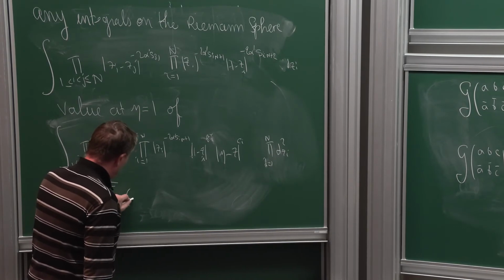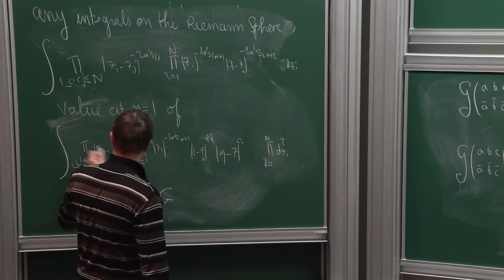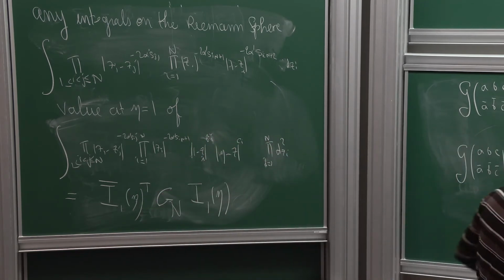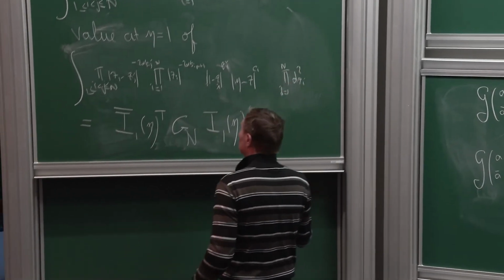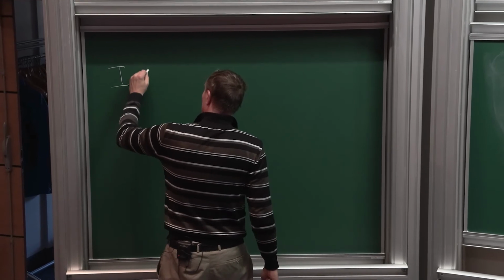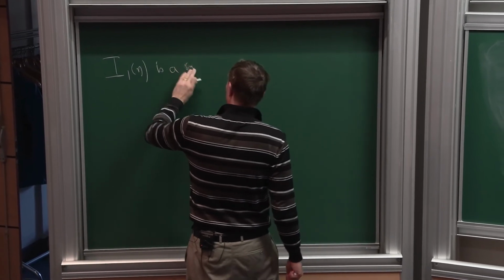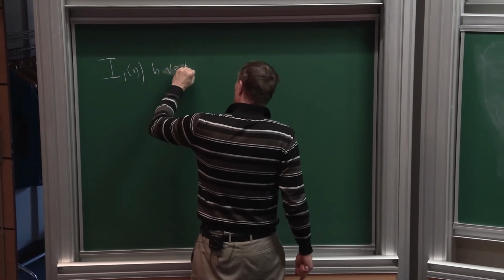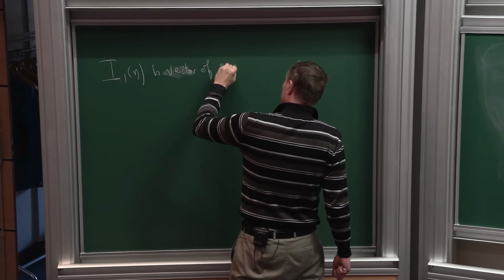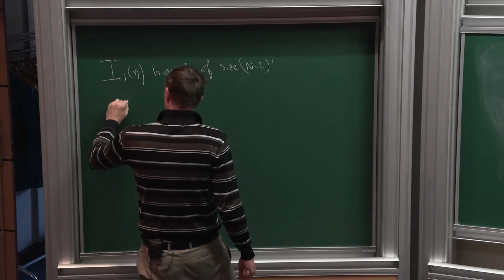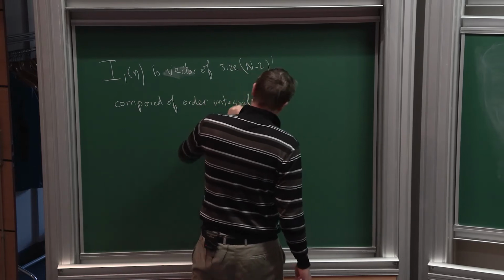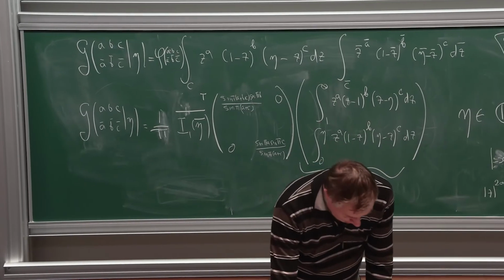I1 bar eta transpose g n I1 eta, where this object here, I1 eta, is a vector. It is a vector of rank, because all the components are independent under monodromies, of size n minus 2 factorial, composed of ordered integrals that are of the type here, that are given by